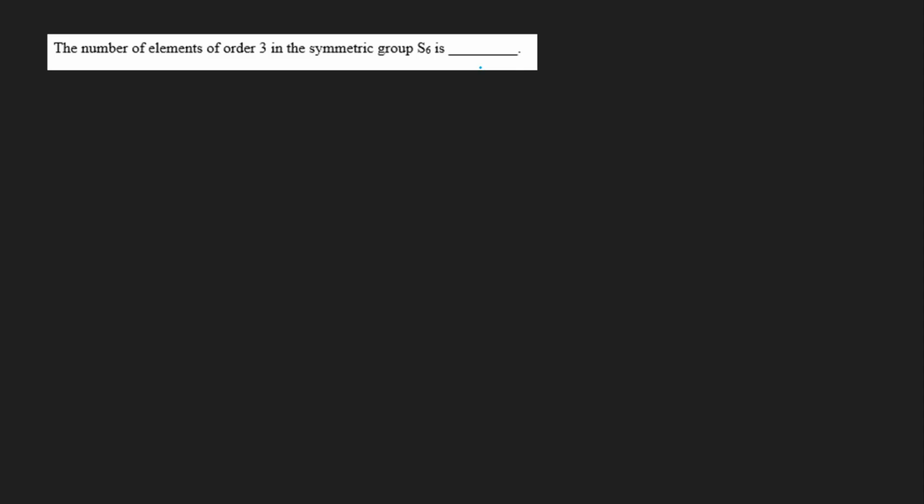We have this question. It says that the number of elements of order 3 in the symmetric group S6 is. So we have to find out how many elements are there of order 3 in S6. So I know that if I have to find the number of elements of a particular order k in Sn,